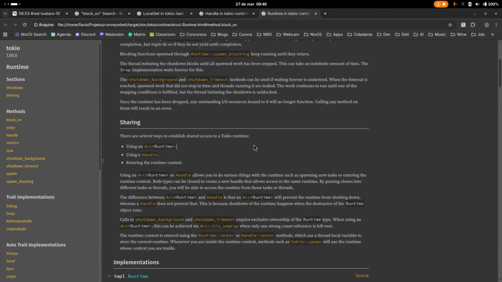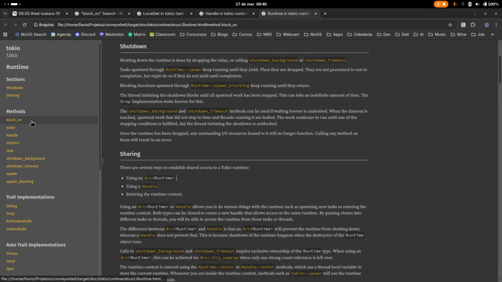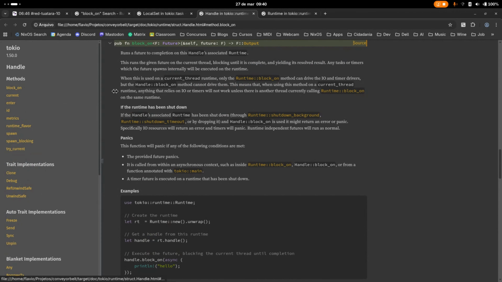That was handle block on. Okay, handle block on. And this associated, this given future blocks to completion. Okay, if the runtime has been shutting down or dropping. Okay, panics. This function will panic if any of the following conditions are met. The provided future panics. It's called from within an asynchronous context, such as inside runtime block-on, handle block-on, or from